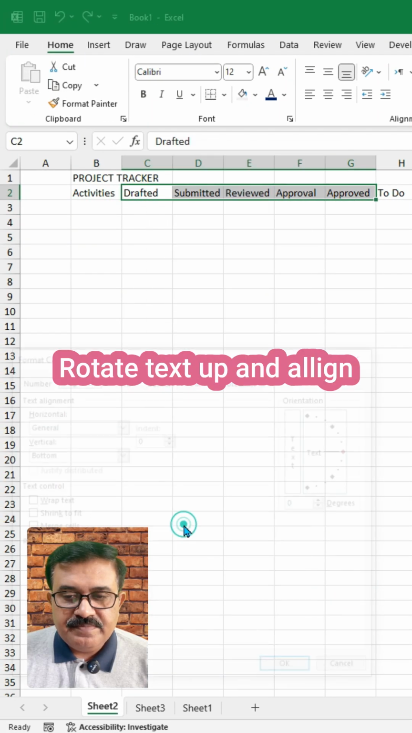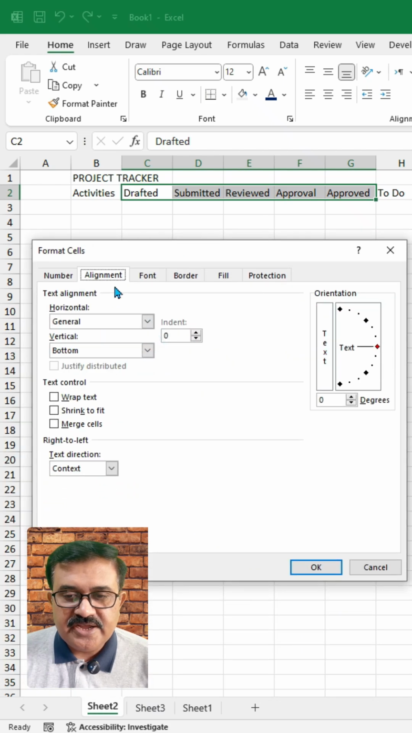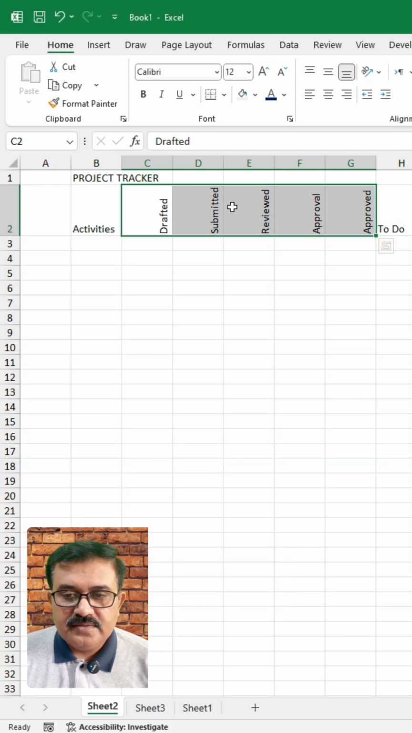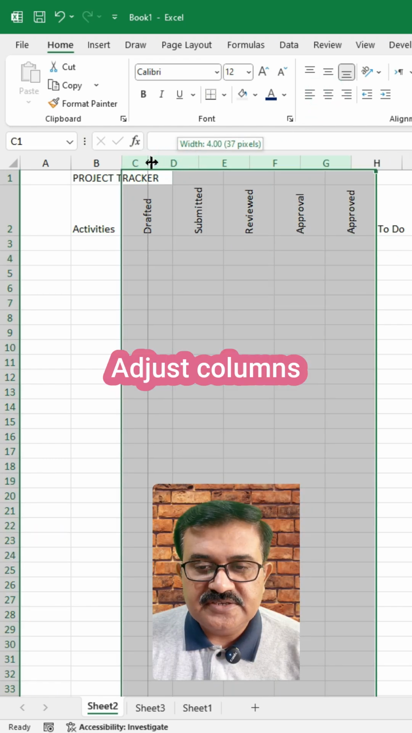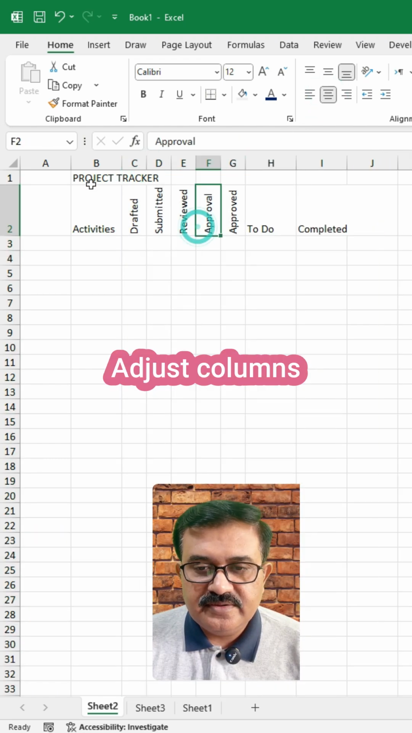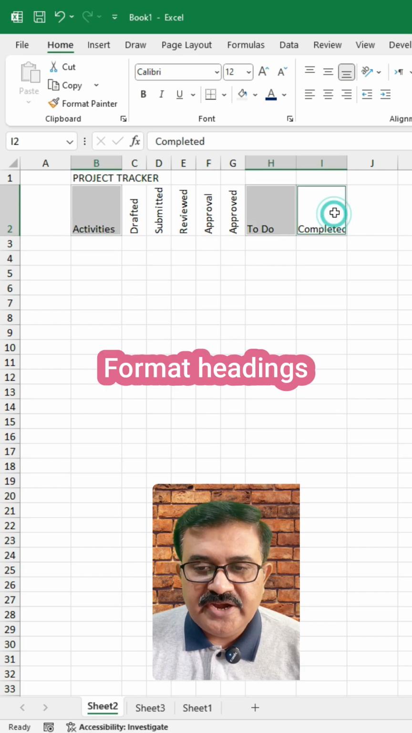rotate text up and then center align it. Now, center align it, adjust the columns width. Now, format headings,